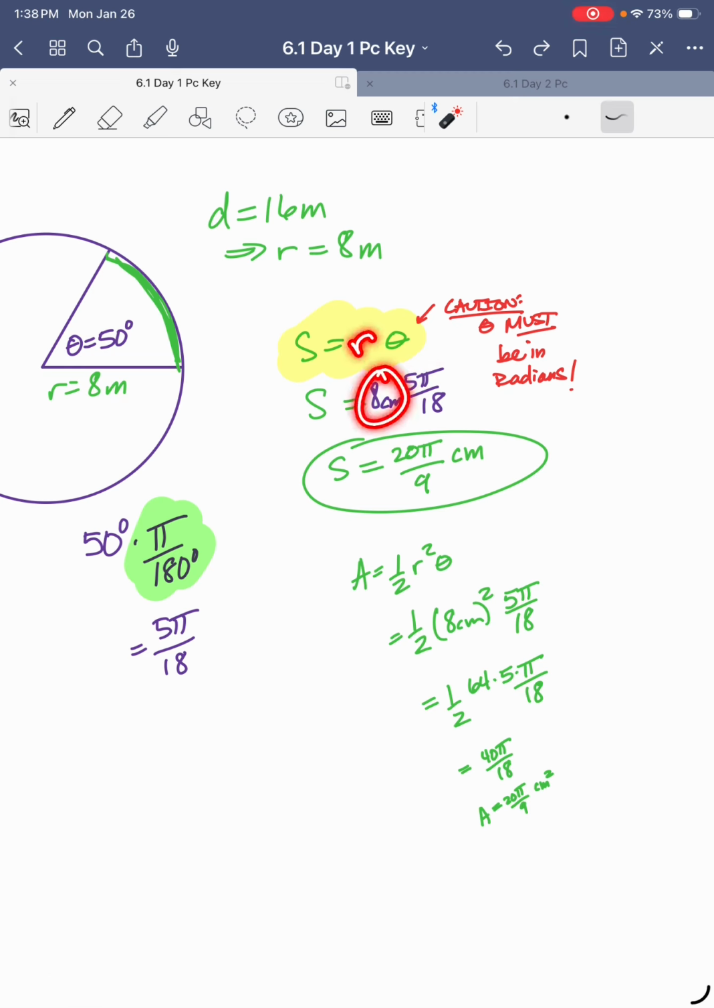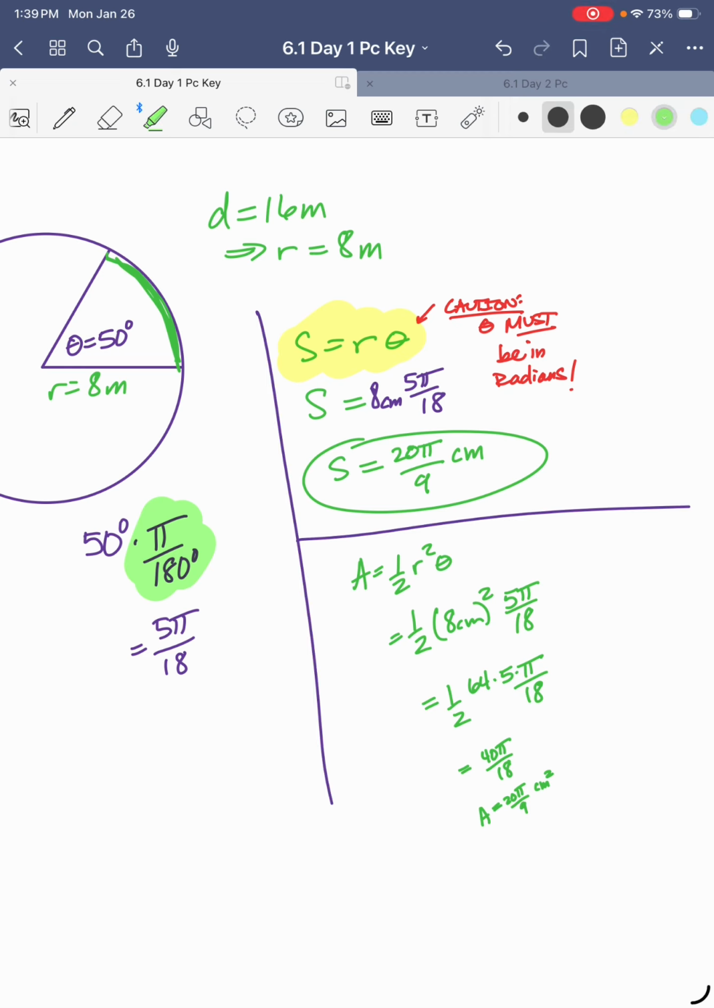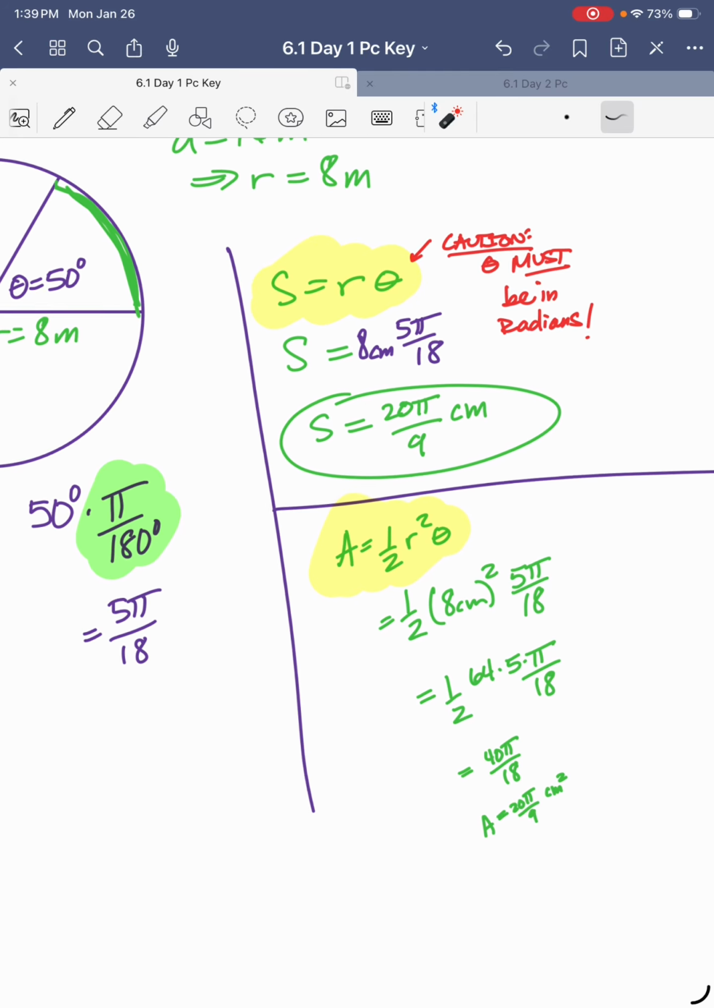And then if the radius is 8 centimeters, when you multiply, you get 20 pi over 9 centimeters is how long this arc is. If you would like to now know the associated area, then you must know the formula. A is equal to 1/2 r squared theta. You can plug in the radius and the radians and get 20 pi over 9 centimeters squared for the